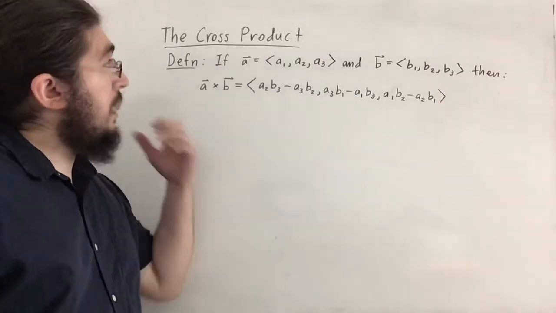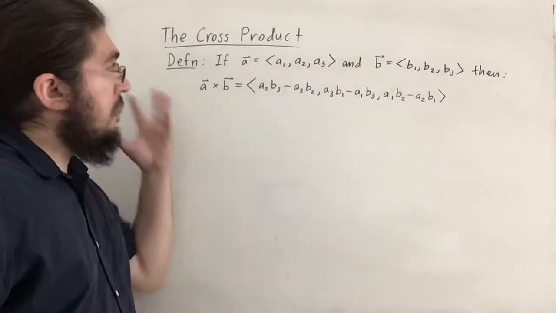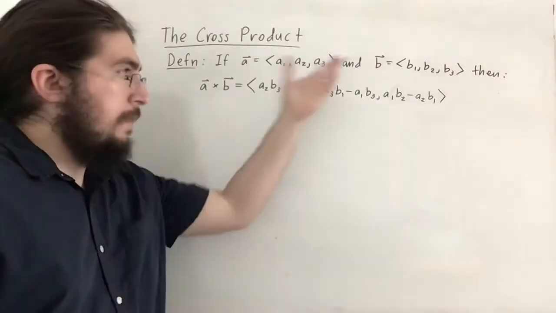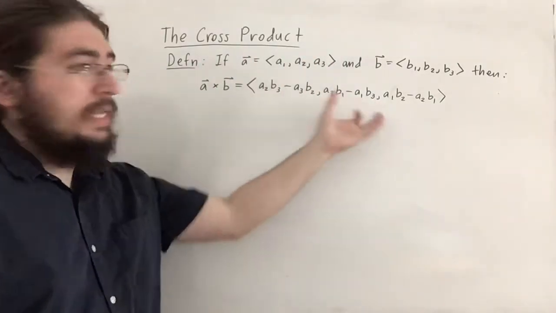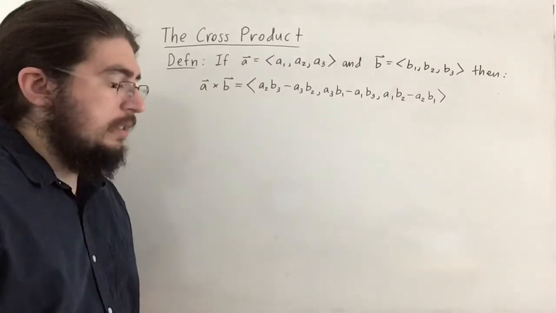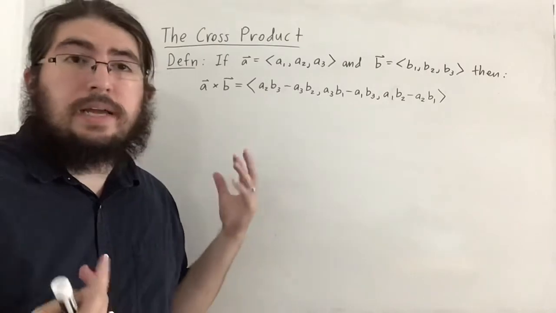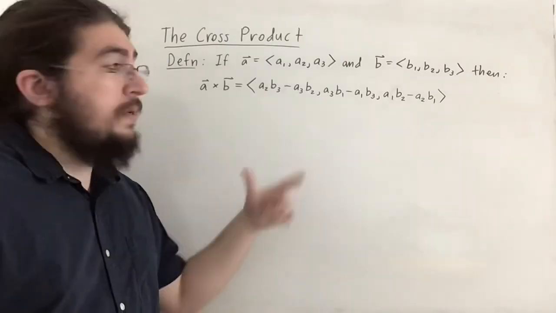Hello everyone, here we'll be talking about cross products, and the main definition for cross product is that if we have two vectors A and B labeled as such, then the cross product is given by this crazy thing, which I know is a lot to look at. And the main motivation for cross product is that it's actually a vector that is perpendicular to both A and